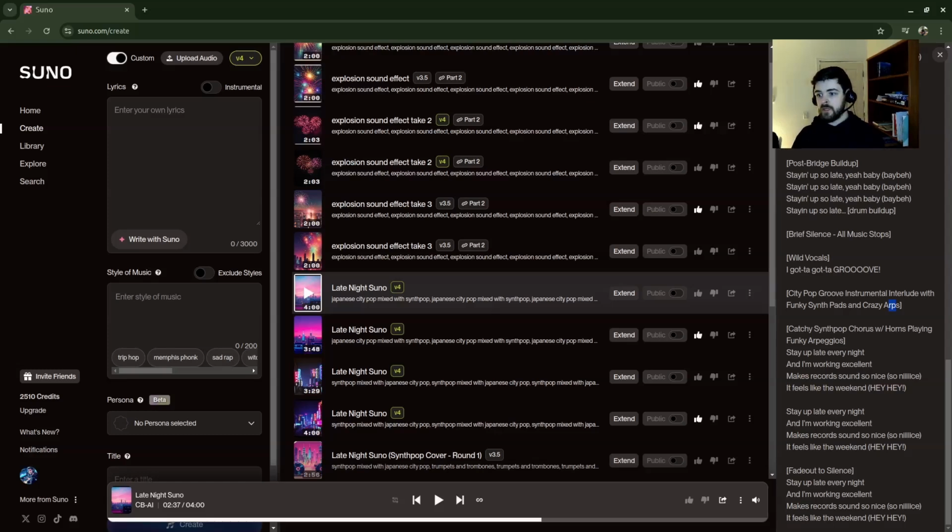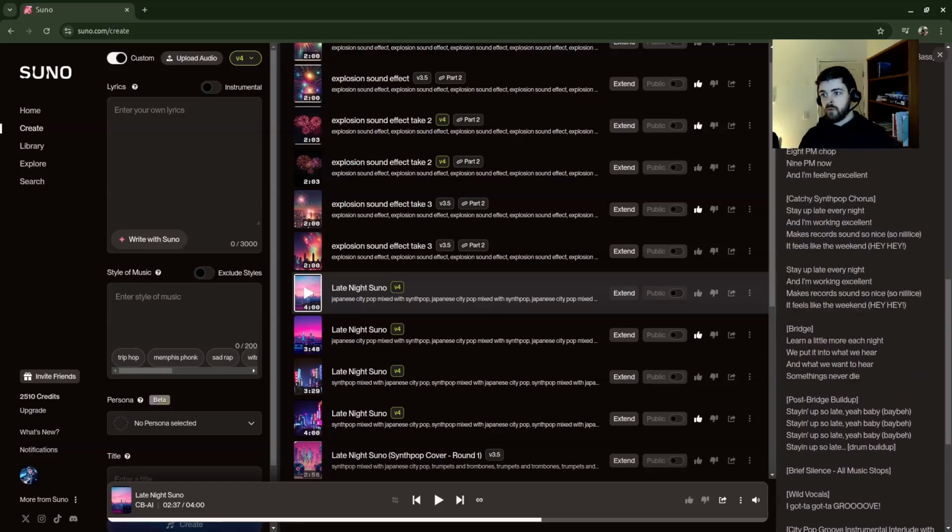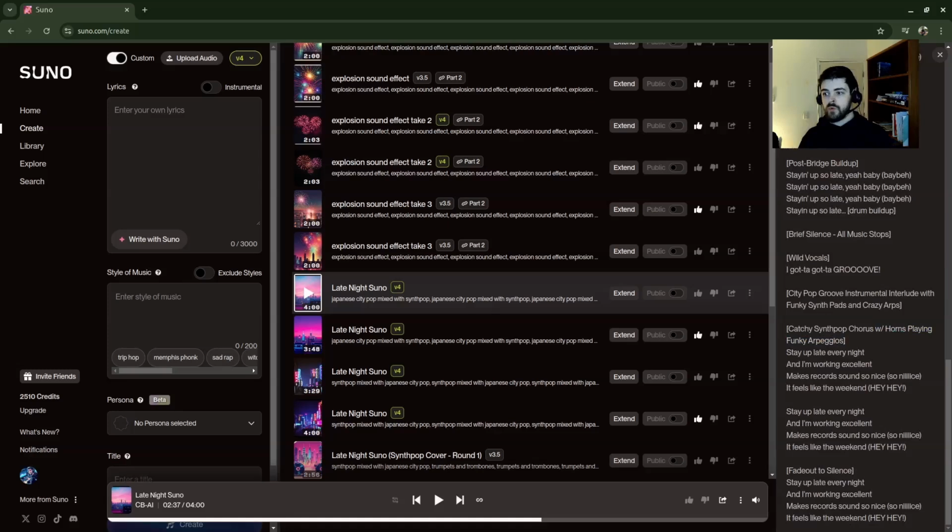And then you can notice down here, I wanted to have a chorus again after all of this instrumental section, but I wanted it to sound a little different. So even though the words are the same and the notes are roughly the same, to make it feel fresh and like it's coming to the end of the song, I still had the base tag of chorus and catchy synth pop. But compared to the other choruses where it just says catchy synth pop chorus, I added "with horns playing funky arpeggios." I don't think it quite did that, but it did create a chorus that had a little bit of a different vibe to it, even if the notes are roughly the same.